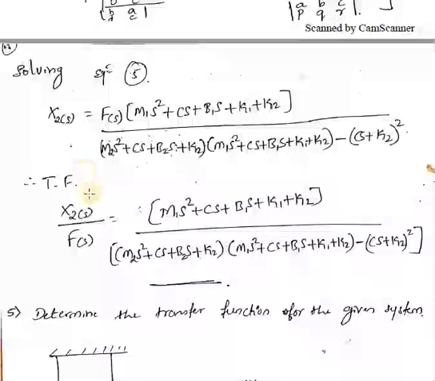The transfer function will be X2(s) divided by F(s) equal to (m1 s² + c s + b1 s + k1 + k2) divided by this denominator. Okay. So the next one is